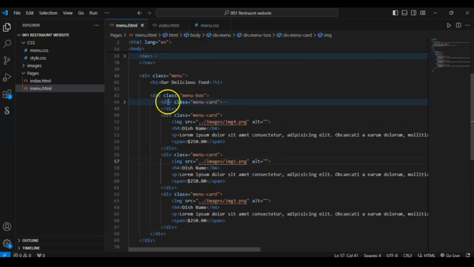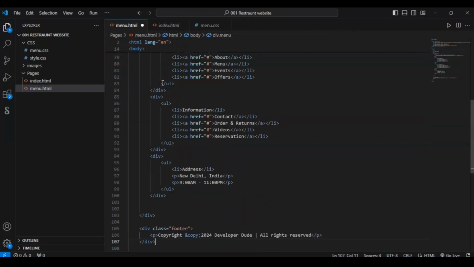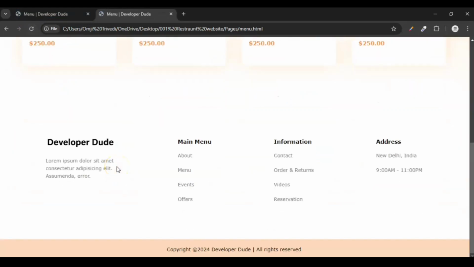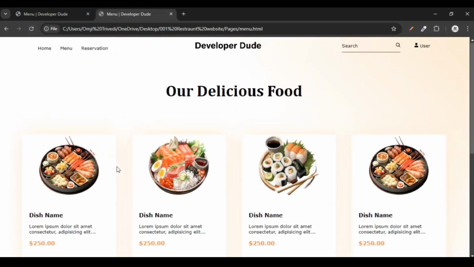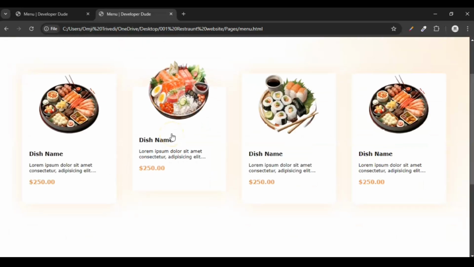Wrap this menu, and after this menu div, paste it here, save it and refresh. Boom, this is our footer, this is our menu, this is our footer. Just copy paste the menu card code and paste it multiple times, as many cards as you want.